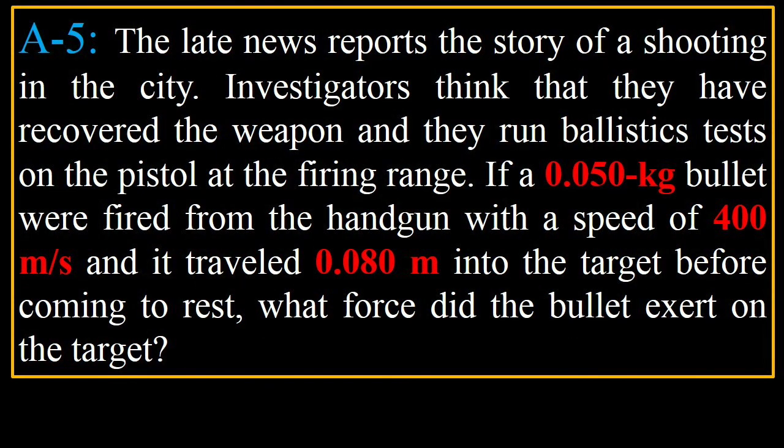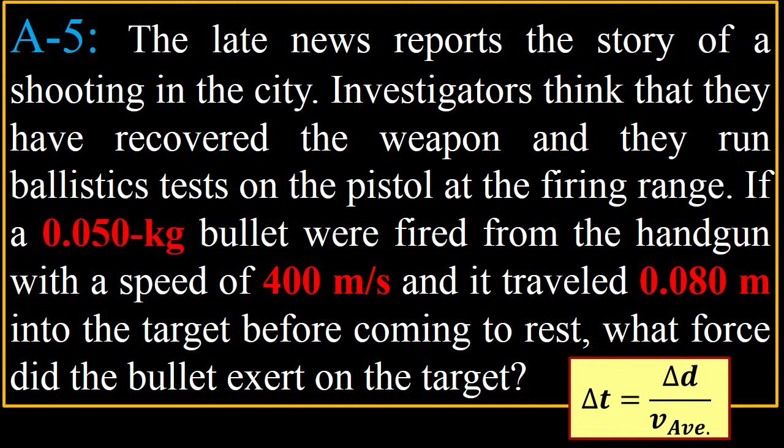So, number 5. The late news reports the story of a shooting in the city. Investigators think that they have recovered the weapon, and they run ballistics tests on the pistol at the firing range. If a .05 kilogram bullet were fired from the handgun with a speed of 400 meters per second and it traveled .08 meters into the target before coming to a rest, with what force did the bullet exert on the target? So again, we need to find the duration of impact, which is going to be